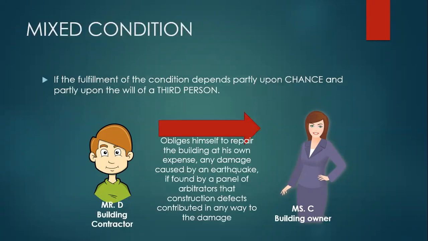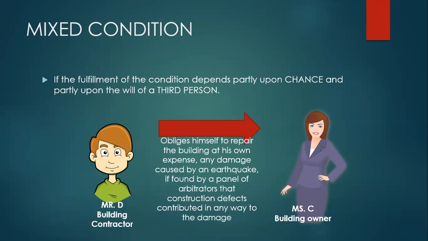Now let's go to mixed condition. If the fulfillment of the condition depends partly upon chance and partly upon the will of a third person, then the condition is a mixed condition. Under the law, the obligation is valid if the suspensive condition is a mixed condition. For example, Mr. D is a building contractor. On the other hand, Miss C is a building owner. Mr. D, a building contractor, obliges himself to repair the building at his own expense